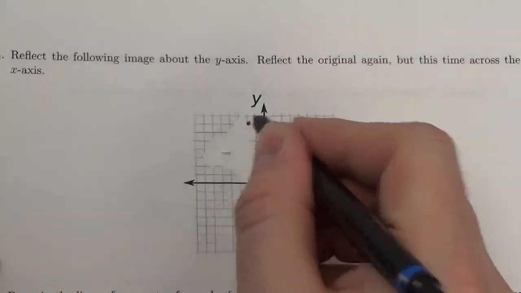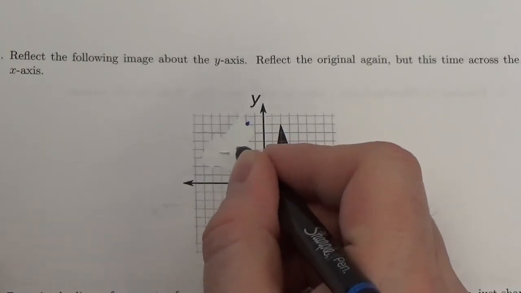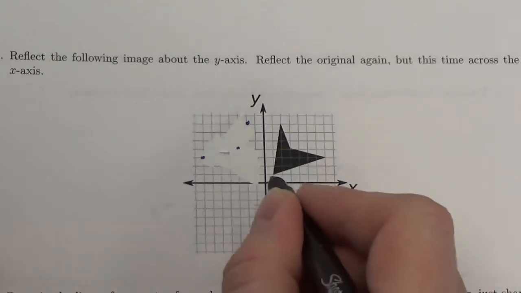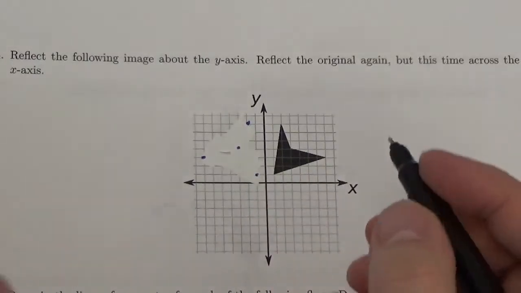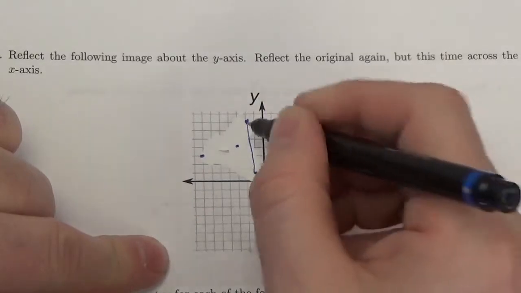Okay, let's try that again. This point here was 1, 2, 3. It's going to go right there. This point was 1, 2. Well, it was out here. I know that. This one was right there. Okay, the way that shape should have worked is it's going to go down to there,